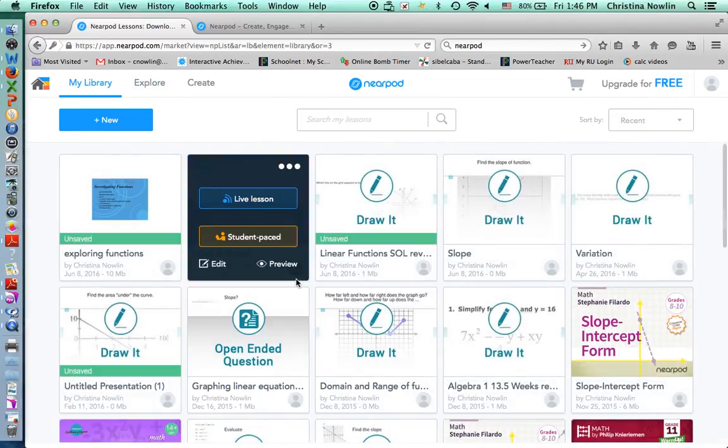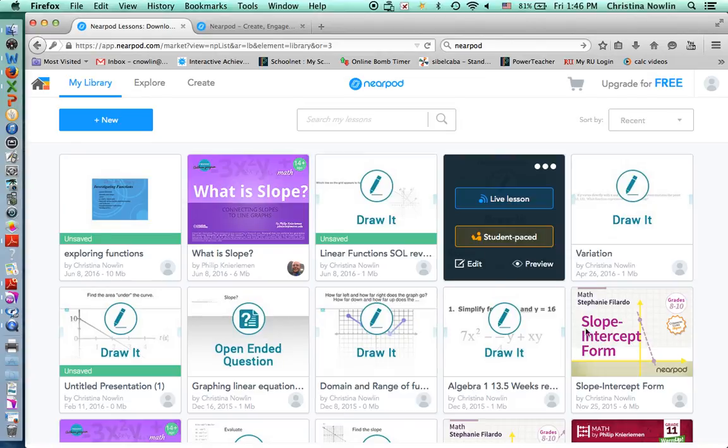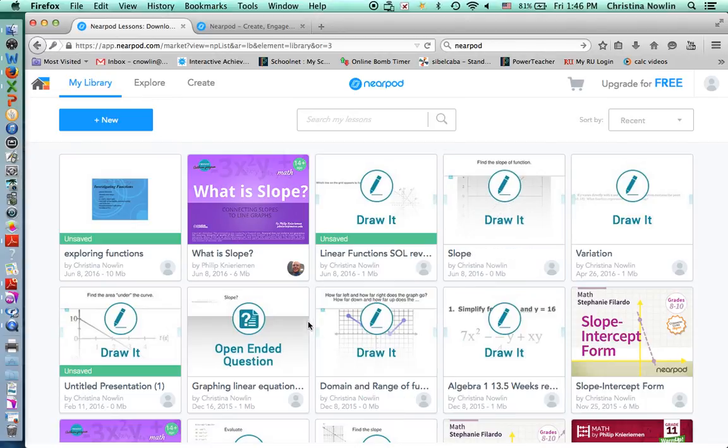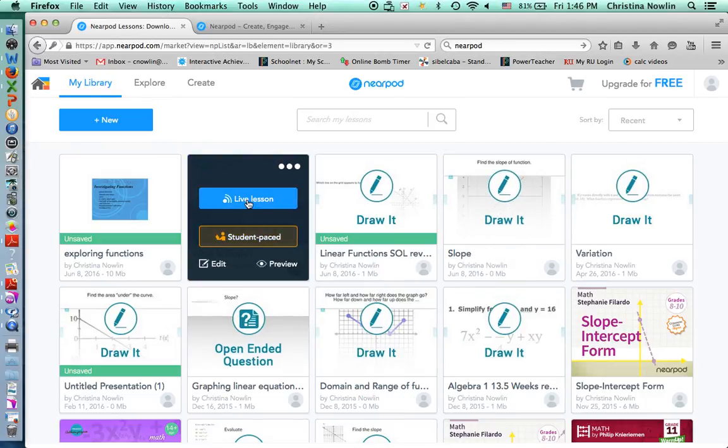So here is my library. I have downloaded several that have already been created. I have created my own. But when you do create or select a lesson that's already been made, then you can have the option to do a live lesson or a student pace. The live lesson allows you to